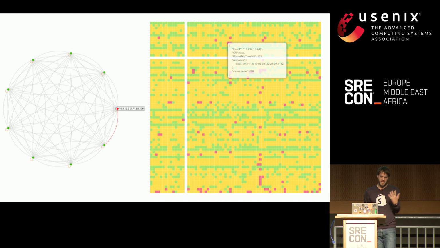But in the end, we decided it was a little too challenging to take Goldpinger and adapt it to our needs. So we just rolled out our own ping mesh really quickly, and we had to integrate this into a multi-cluster setup with some internal services to help us build it out.